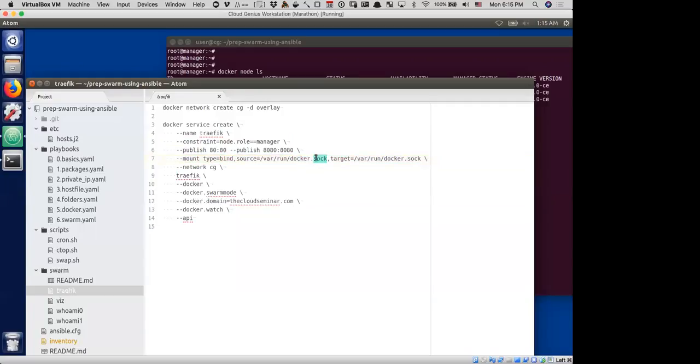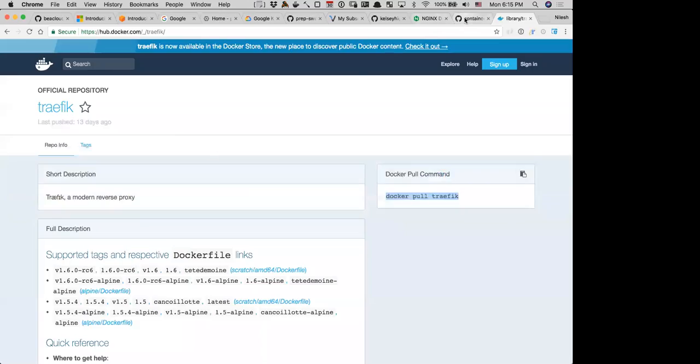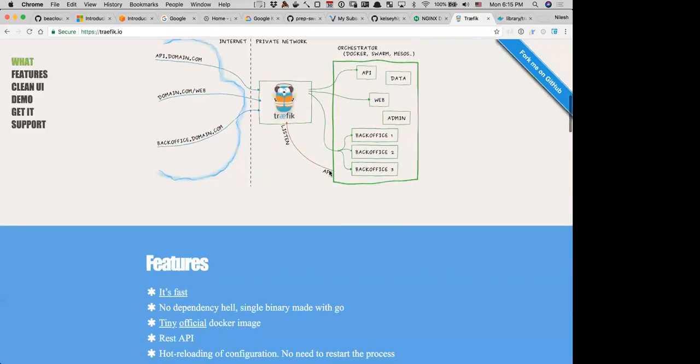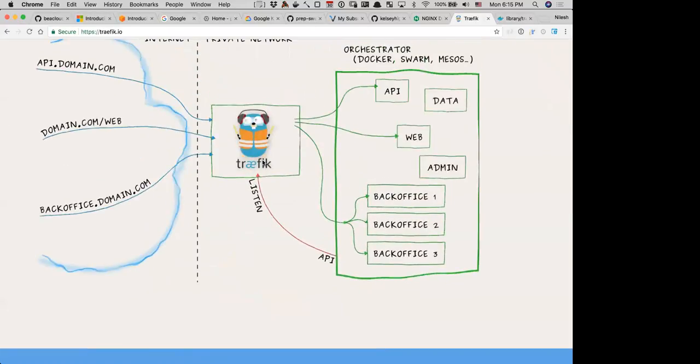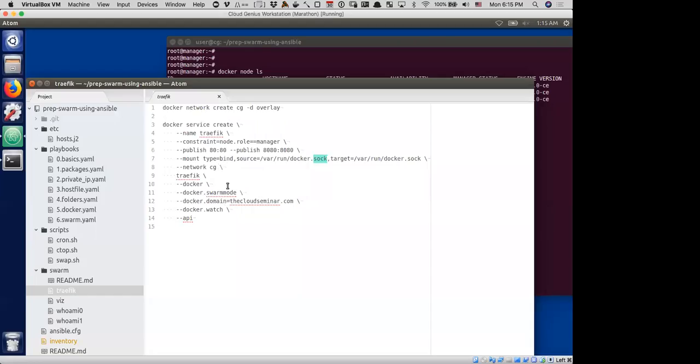This Docker socket listening action, as you saw in a picture before, is I would like to make sure that this traffic proxy is able to listen to the actions happening in my cluster through a listen as an API call. So this action needs the Docker swarm to expose the Docker socket. I need to have that Docker socket bind mounted. And then